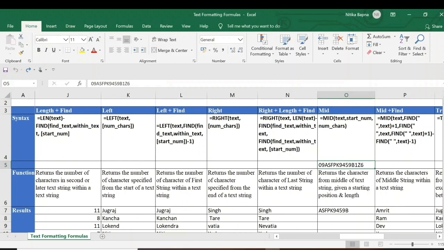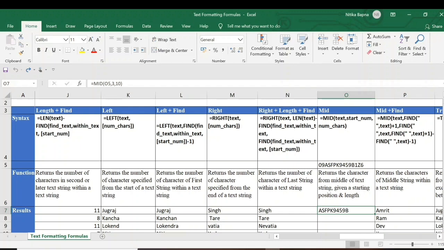Like this is a hypothetical GSTN number. Here I have applied it: equals to MID, 05, starting from the third, with the starting number I have given 3, and total number of characters 10.